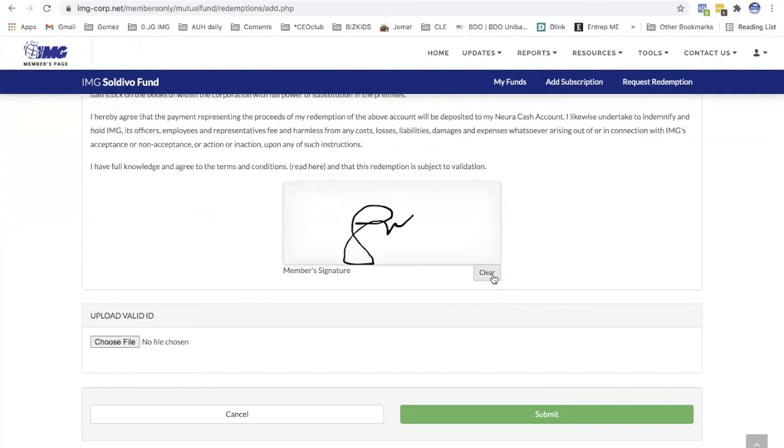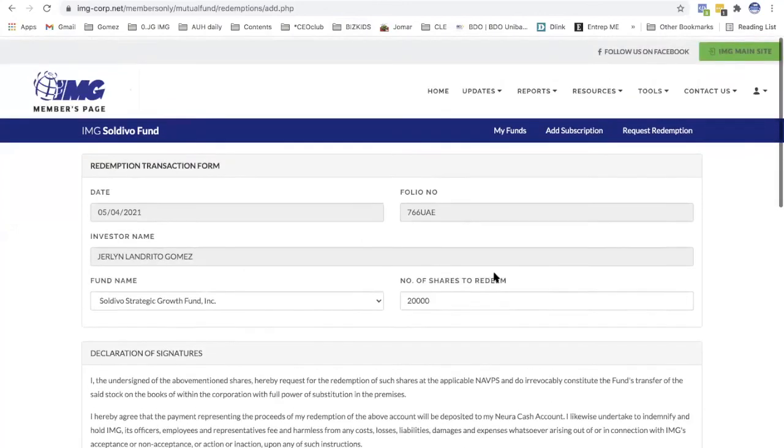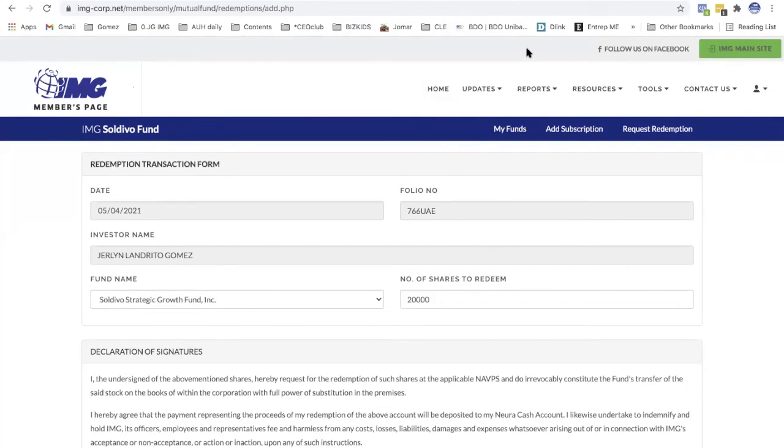Saan nyo po makukuha? Nasa Yura Cash na rin po siya. Okay. So yan daw po, no? Ganun daw po kasimple. Kasi kay IMG mas pinadali, mas